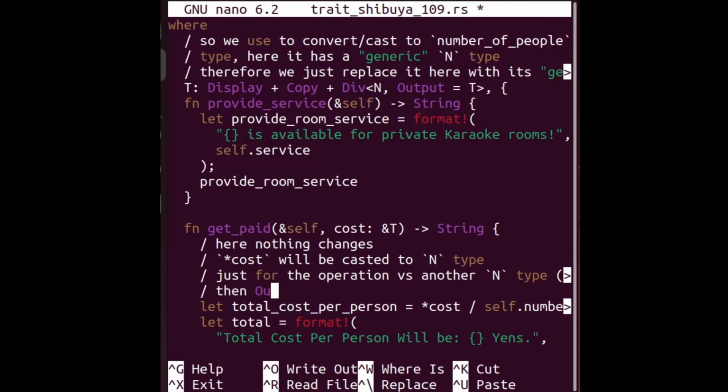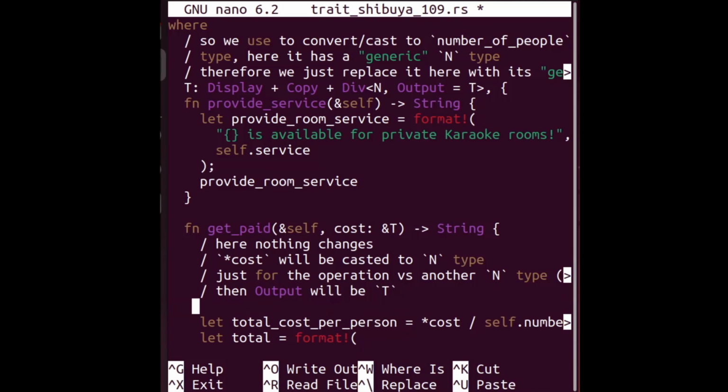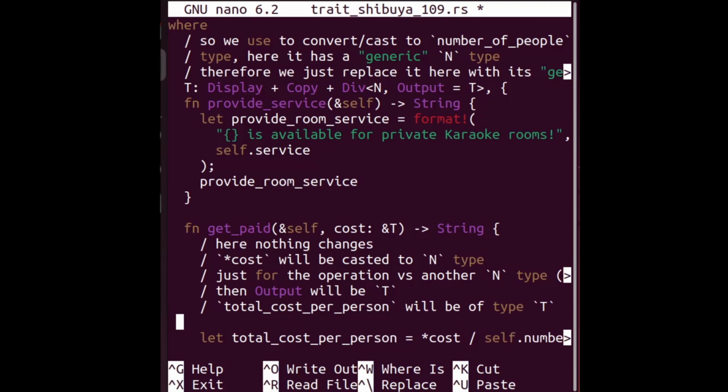Then output will be T, back to the T type for the result of total cost per person. Okay, total cost per person will be of type T. So whatever T is at that moment, it will be of type T,